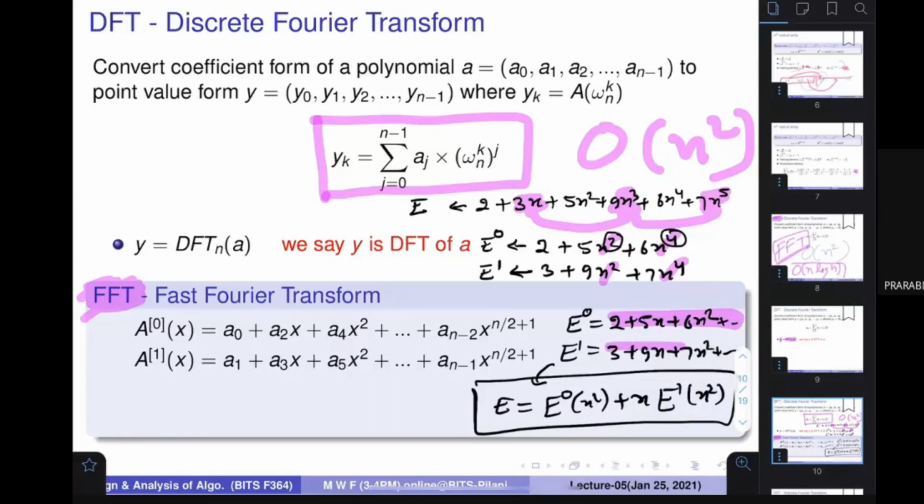If the first one contains n items, then these E0 and E1 actually have half of the items, and they are of similar nature. This expression is also of similar nature as E, and therefore we can again apply divide and conquer over here, and we can ultimately find out the solution. So whenever we divide and conquer, we get an idea that there is a possibility of going to log n. So if everybody understands this,